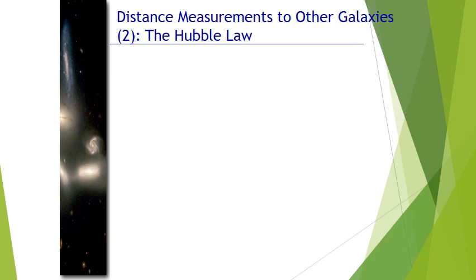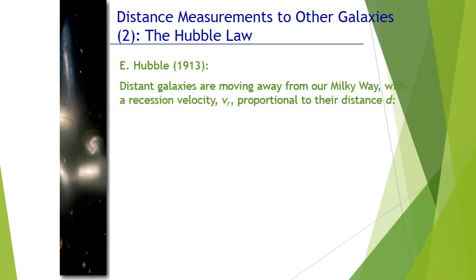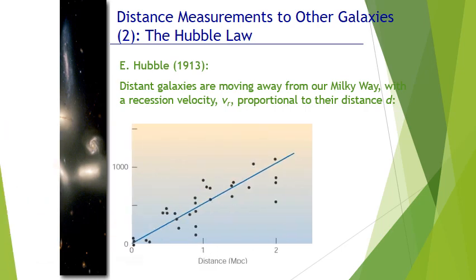Now, it's one thing to know the distance of objects from the Earth. It's another thing to know the velocity of those objects. And in the early 20th century, astronomers were compiling all this information, and a guy named Edwin Hubble finally plotted all this information. And when he started to plot the distance of galaxies and their recessional velocity, the velocity away from the Earth,